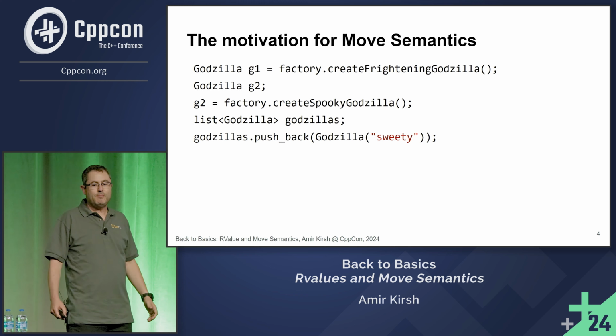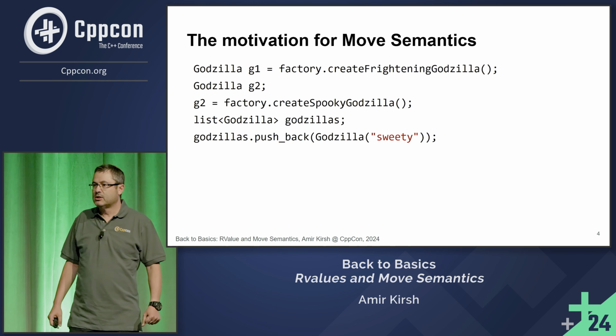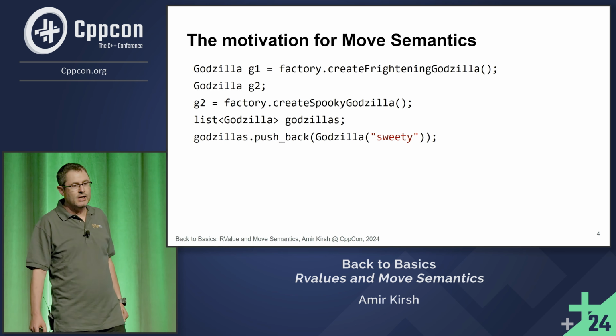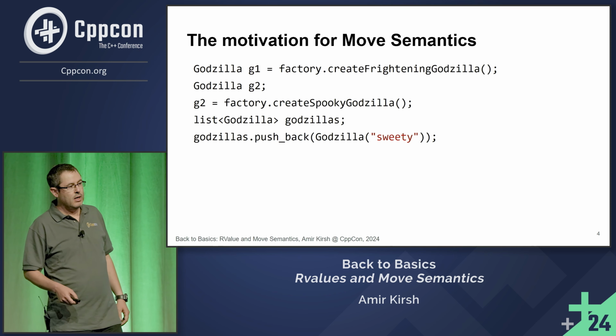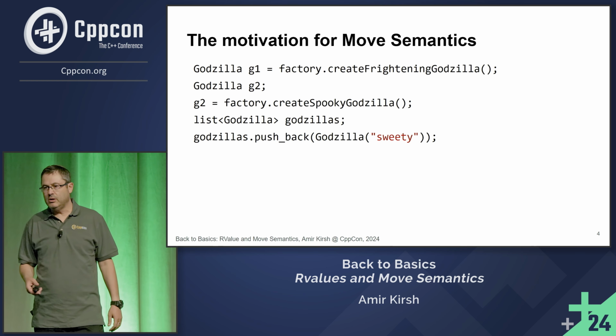Move Semantics was added in C++11. It was a very important addition, and let's understand the reasons why it is there. So let's take the example of a Godzilla. Usually I'm using a Godzilla as an example of a big object that is expensive to copy, okay? So let's assume that we have a factory that can create Godzillas. From the code here, we can assume that the factory is creating a local Godzilla internally and then returning that by value. And then when we get the Godzilla created by the factory back to G1,